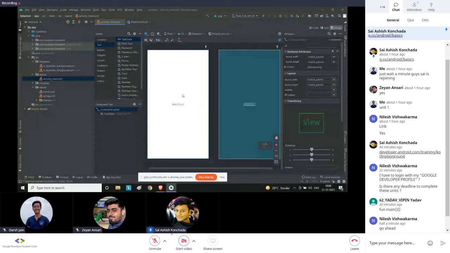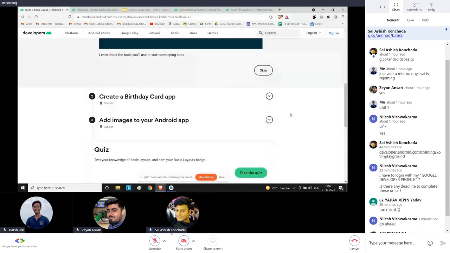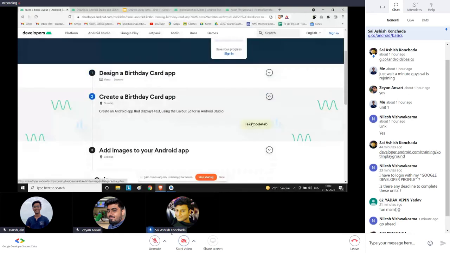If you press the run button, I'm not clicking it right now because my computer starts to lag, but essentially, trust me, it will print Hello World on your screen. Now we'll be designing a birthday card app. So let's take the codelab.